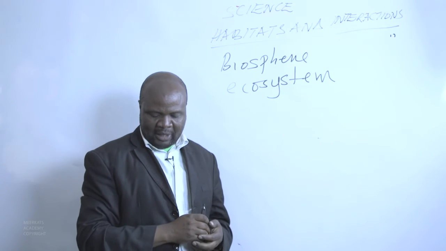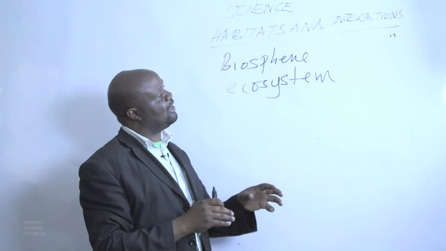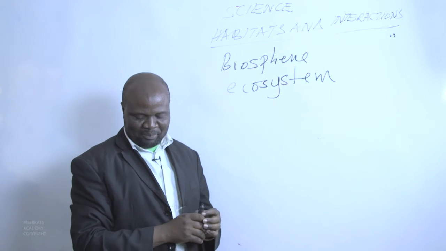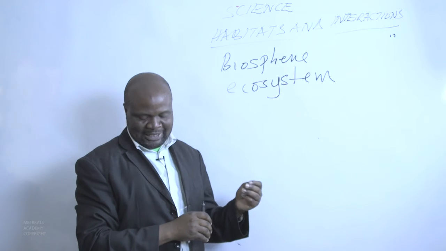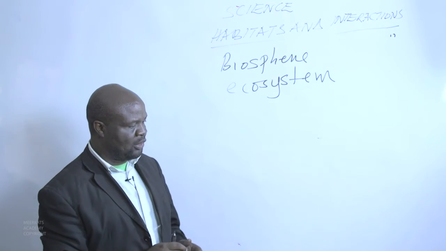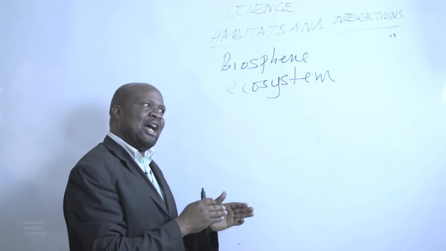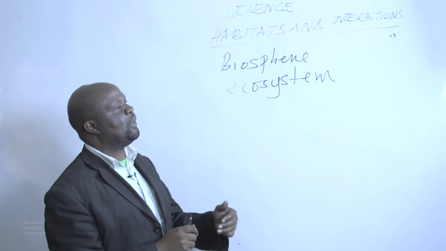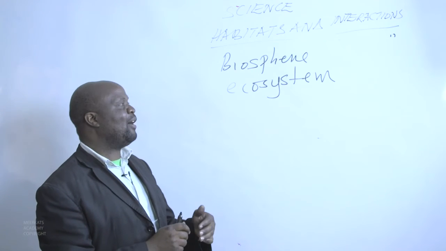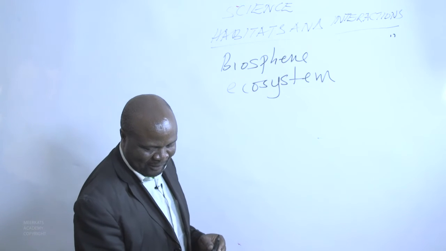In an ecosystem, there are many habitats, and they interact with themselves within the ecosystem. Organisms in an ecosystem are interdependent. They depend on each other for survival. So organisms that are there, they're existing, but some organisms cannot exist alone. For them to exist, they need to depend on others. So we have organisms that will depend on others to exist, and other organisms will depend on others in a very funny way.